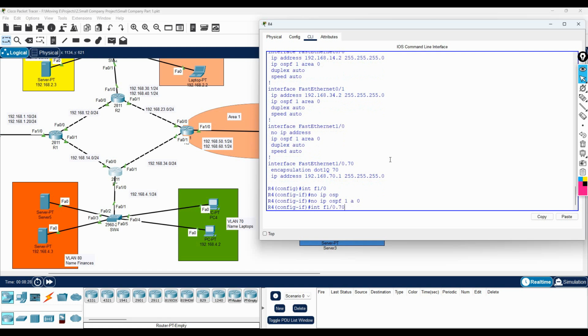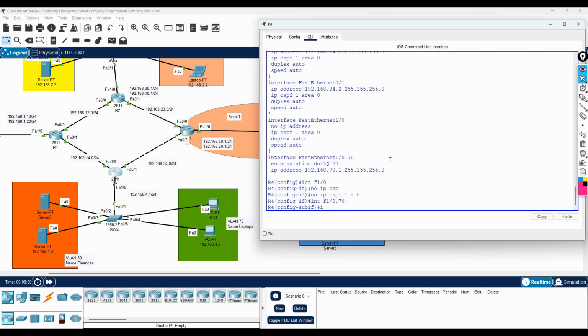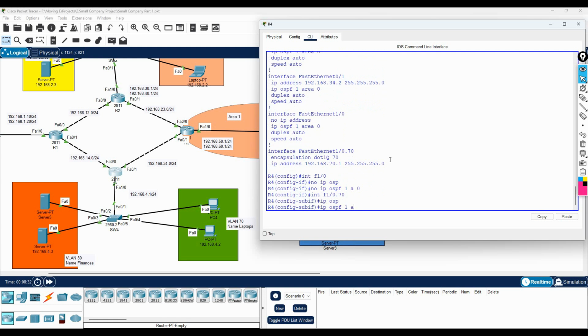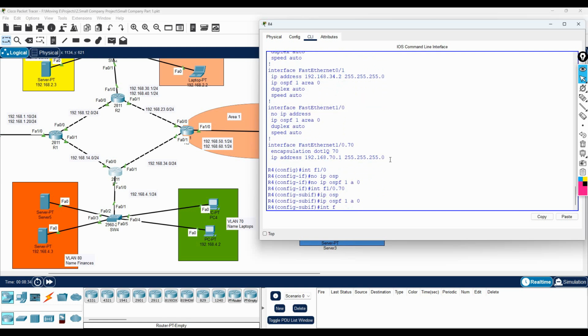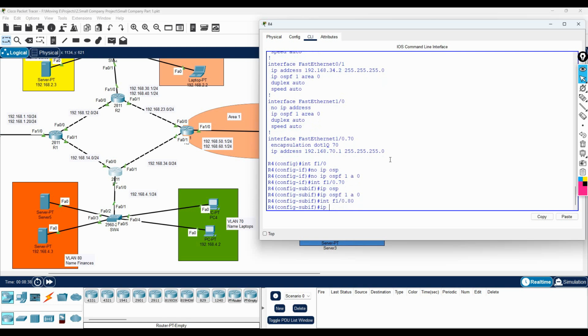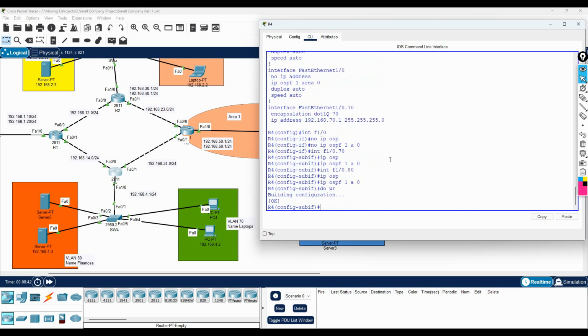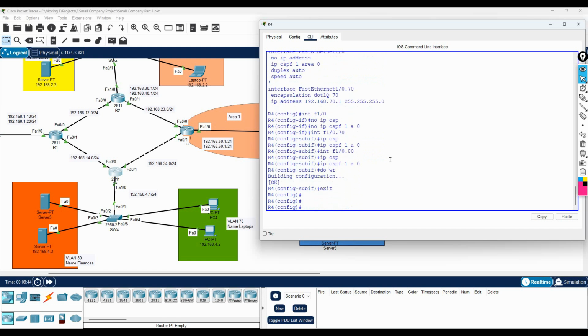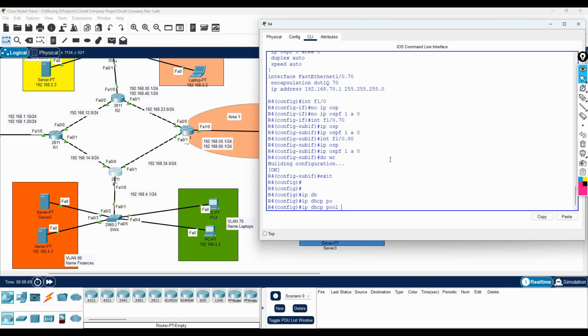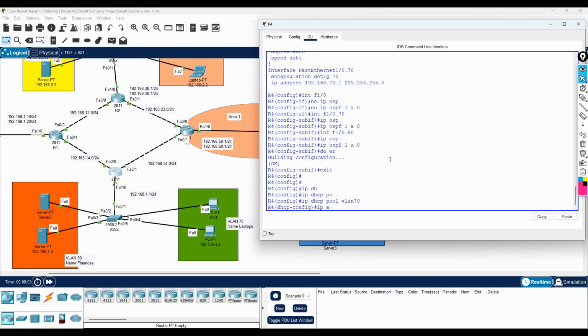F1/0.70, we have 70, right? And here I will enable IP OSPF 1 area 0, and then interface F1/0.80, IP OSPF 1 area 0. Then I will save the configuration. Then you will have the routes, everything. And here you need to do IP DHCP pool for VLAN 70. IP address